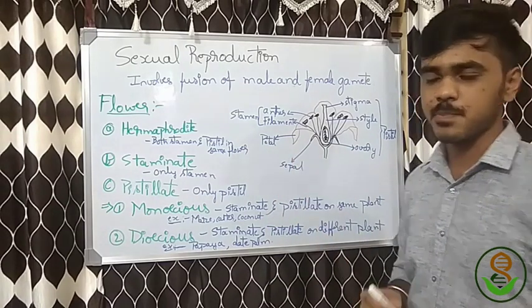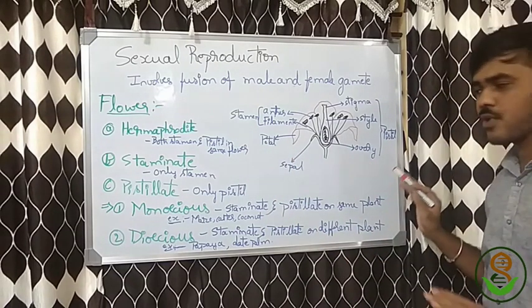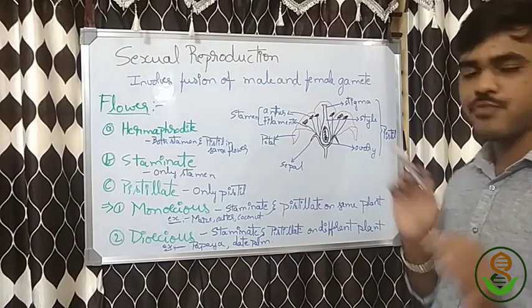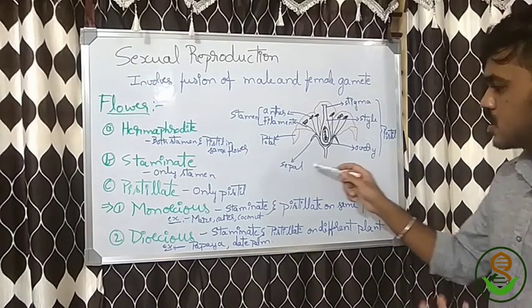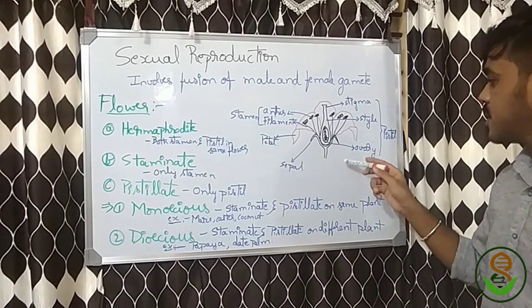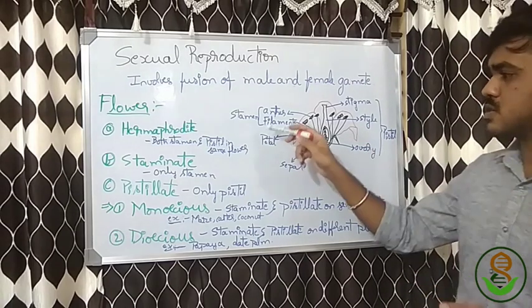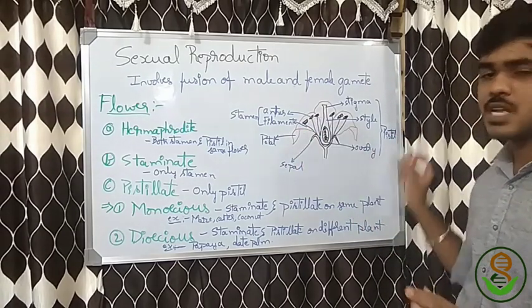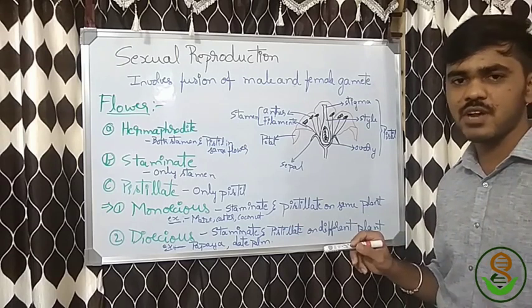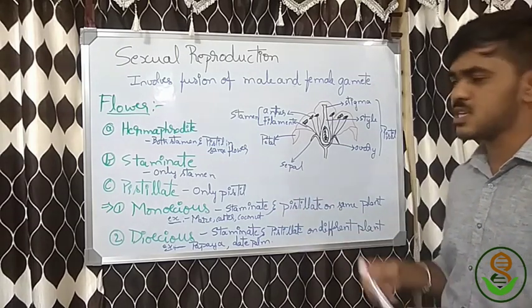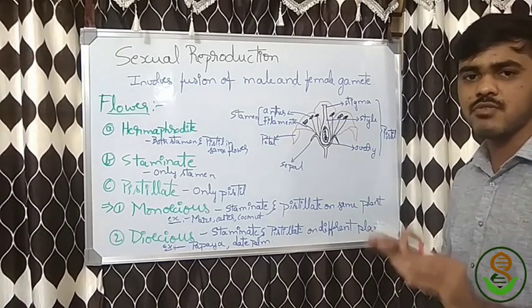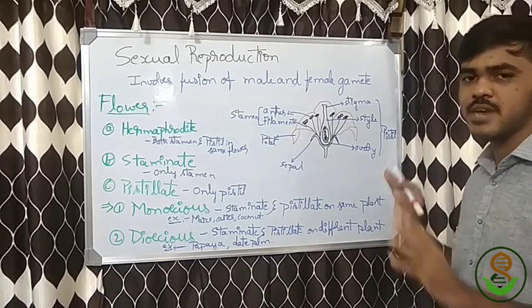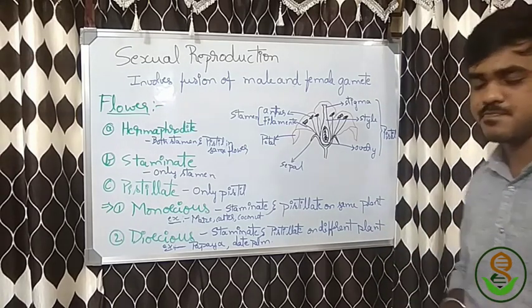Now we shall see the flower. This is a typical flower structure. When we say a flower, it contains sepal, petal, ovary or pistil part, and stamen part. Stamen and pistil may not be compulsory in a particular flower. We shall see staminate and pistillate flowers. But in general, we say these are the parts of the flower. Those which contain these parts, we call them a flower.